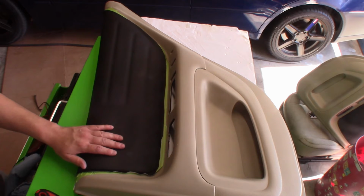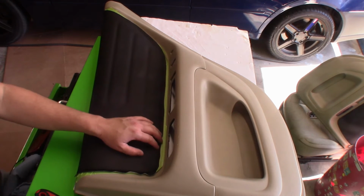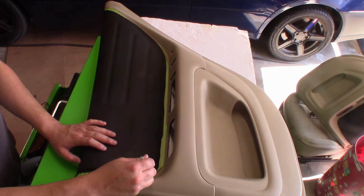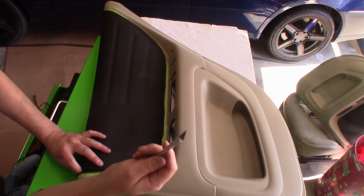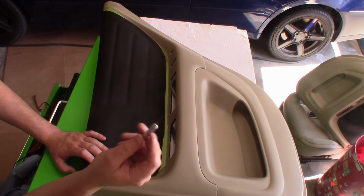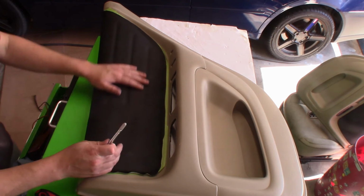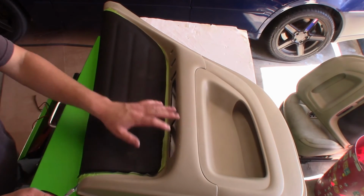We're going to come back later once everything is dry. So it's going to be like 20-30 minutes. It's not too long. I'm just going to use an X-Acto blade, and I'm going to come along the edge here and just trim everything out. Make sure to use a new blade each time because it stays super sharp and it makes your job a whole lot easier. So once this dries, and I'm going to go ahead and trim this off camera, we'll come back and we'll